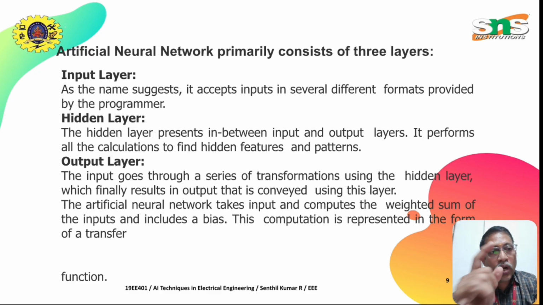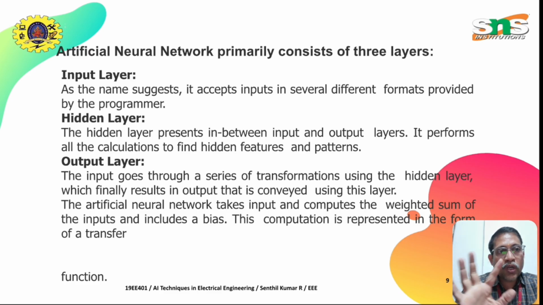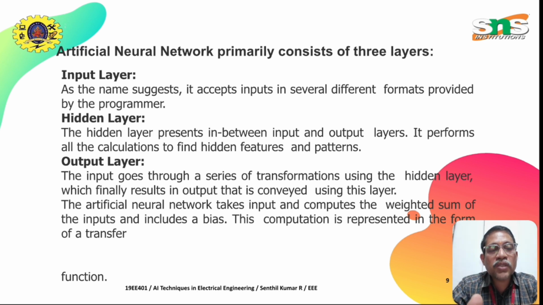Let me assume it is a human brain: one input may be from the finger, another input may be from the bottom of the leg, the third input may be from the ear. The signal formats are also different. All the signal formats are accepted by the input layer, the dendrites, and forwarded to